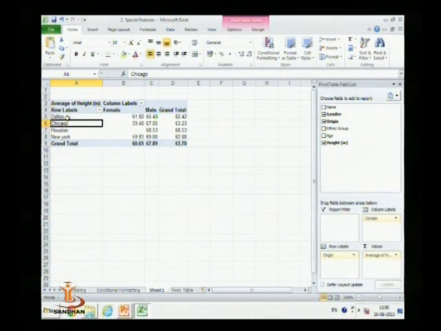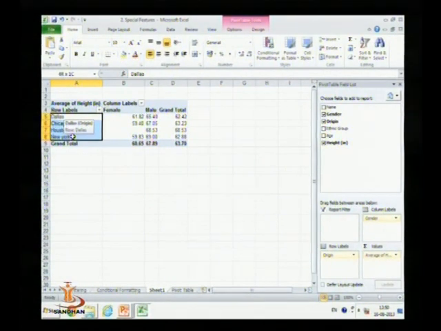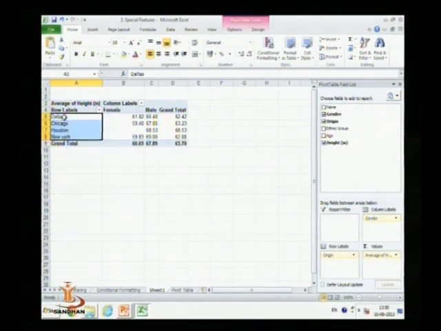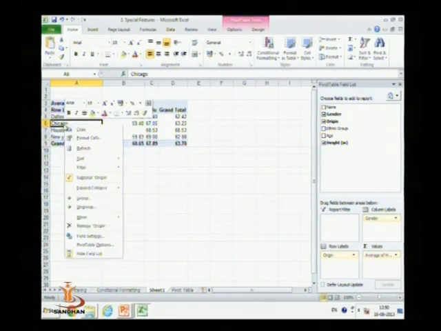We can also sort this data, so select the row label and just sort it from A to Z or Z to A. So click on that one and right click, sort from